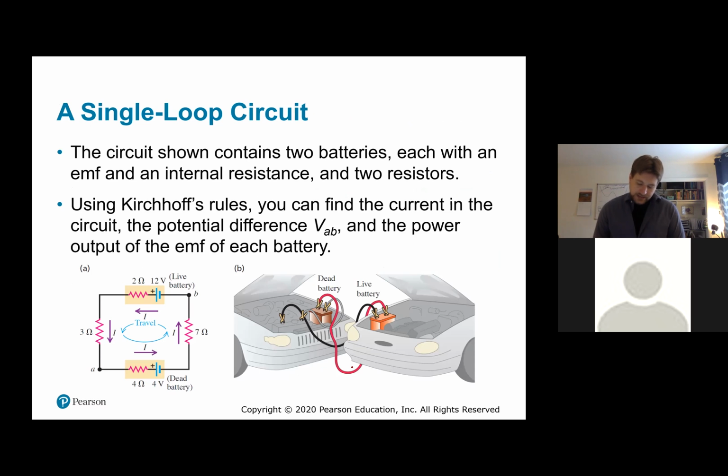Two batteries, each with an EMF and an internal resistance, and two resistors. The wires, let's say, have a little bit of internal resistance just to kind of keep things safer when you're jumping into a battery. Using Kirchhoff's rules, we can find the current in the circuit, the potential difference, and the power